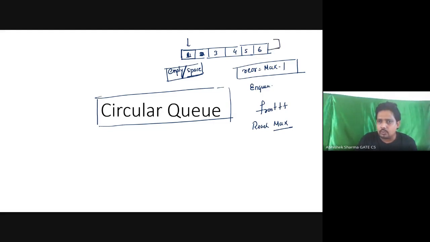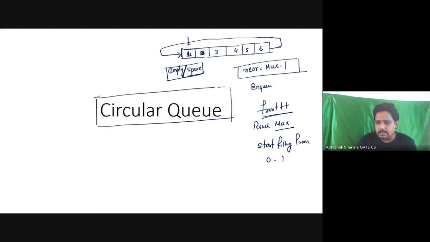We are going to move backward to this position. So rather than doing plus plus front, we can again make a circle and start filling the elements from the 0 index. So this is the idea.